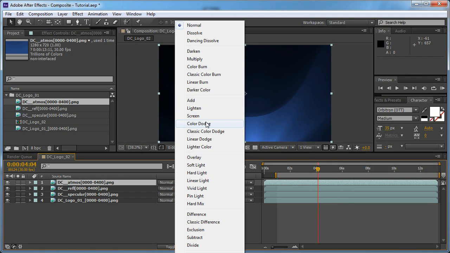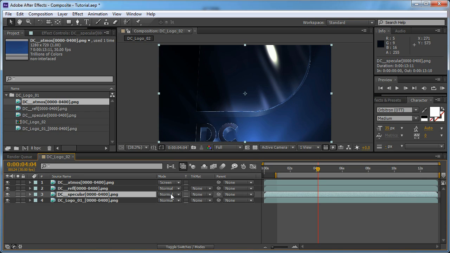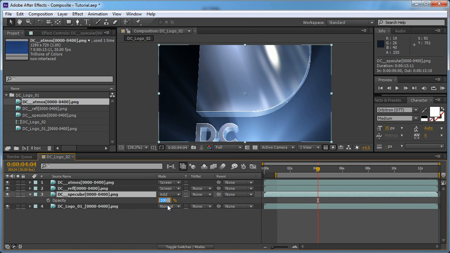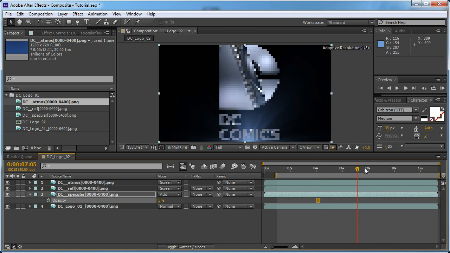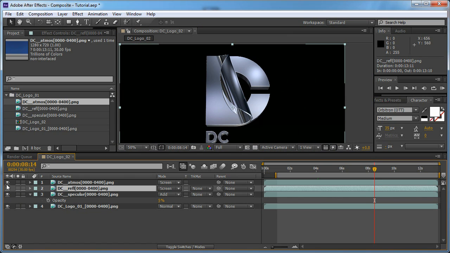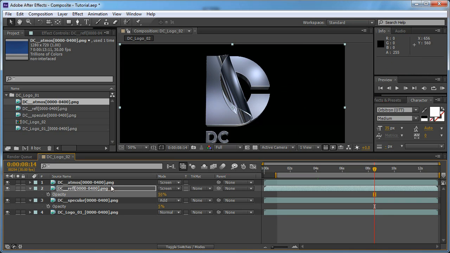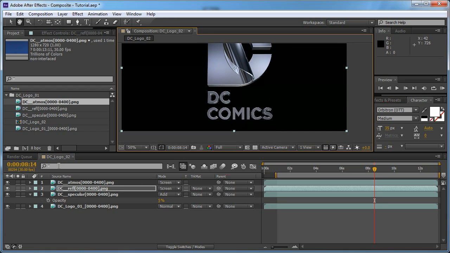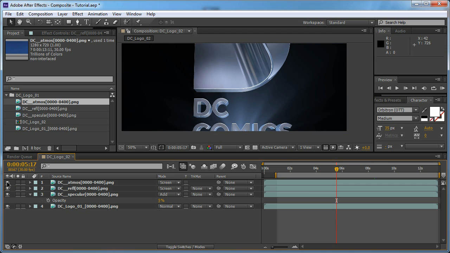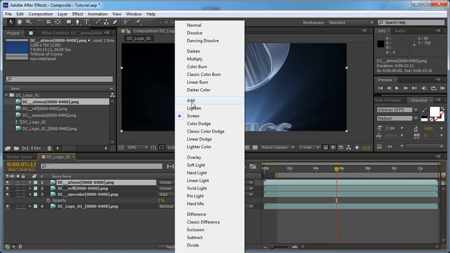Let's set this to screen, and let's set the specular to add maybe, and let's set the reflection to screen as well, and let's set the specular to 5%. We want just to increase it just a bit, and you can play with the reflection as well. Let's tone it down to 50%, and here is the white. We can increase the white even more if we set this to add, and I'm going